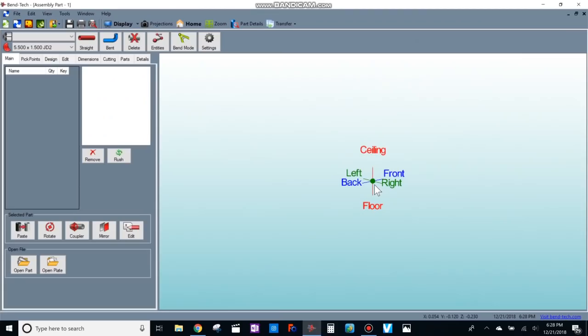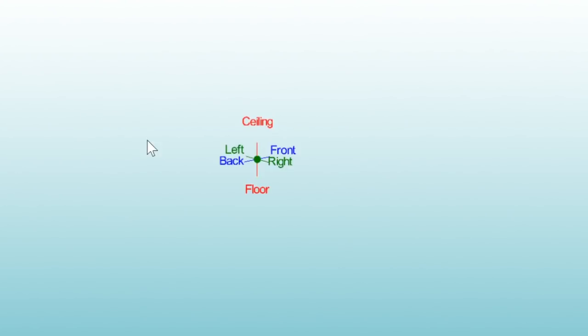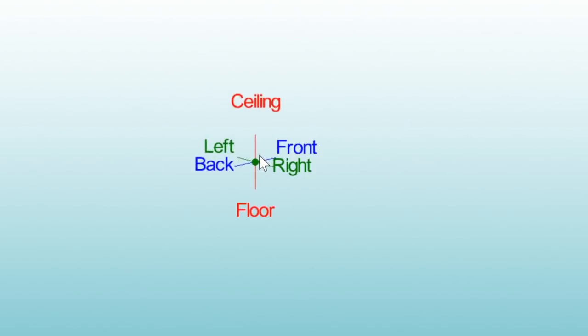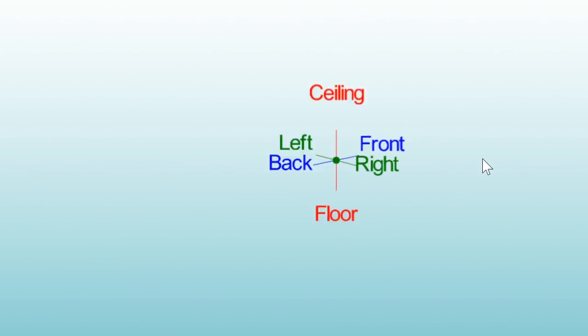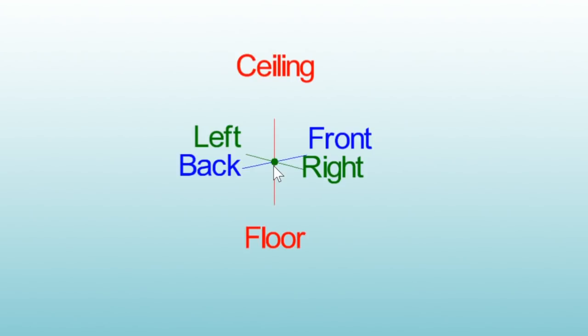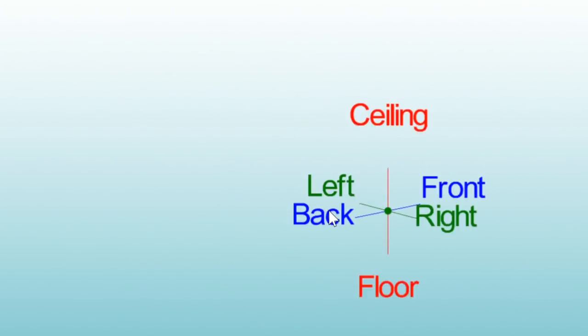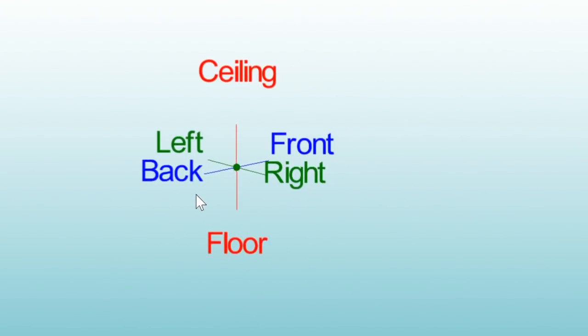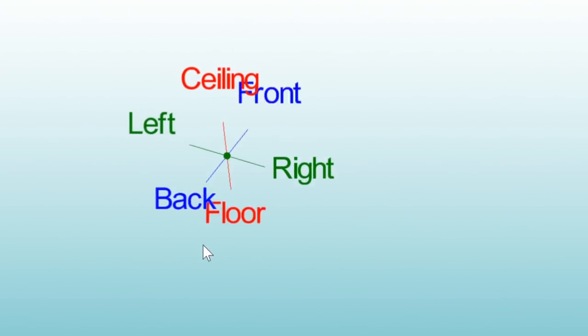click on Assembly. Now, what you're looking at here is basically the world that BendTech lives in. You can use your center scroller to zoom in and out, and wherever you put your mouse is where it focuses the zooming. So if you put the mouse right over the middle, zoom in and out, it zooms right there. If you move it to the right or left, okay. If you press and hold your center scroller, that moves your item around. If you press and hold down the right mouse button, then you can rotate it on its axis.